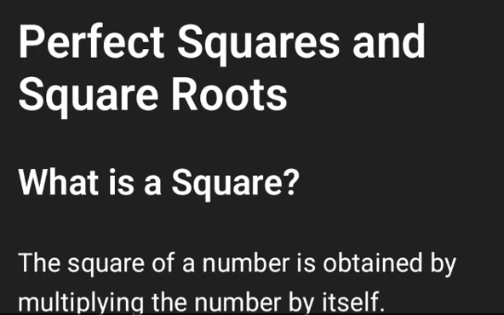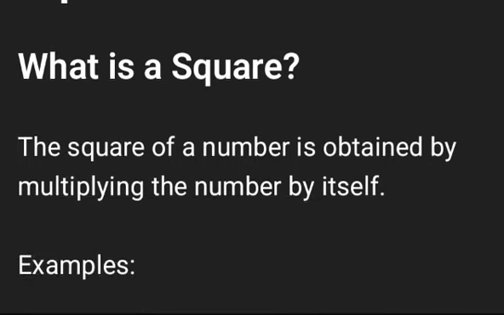So today we will be learning about perfect squares and square roots. So what is a square? The square of a number is obtained by multiplying the number by itself. So whenever someone asks you what a square is, it is just a number multiplied by itself. For example,